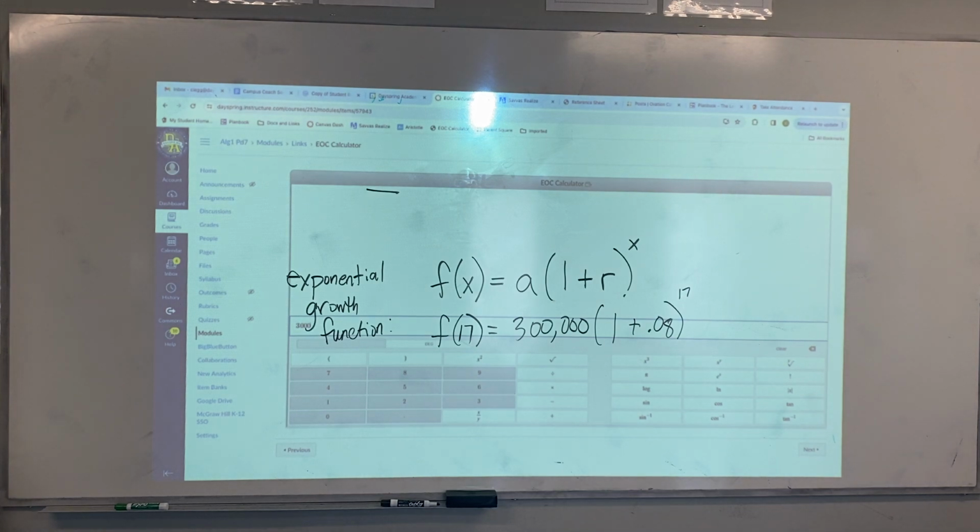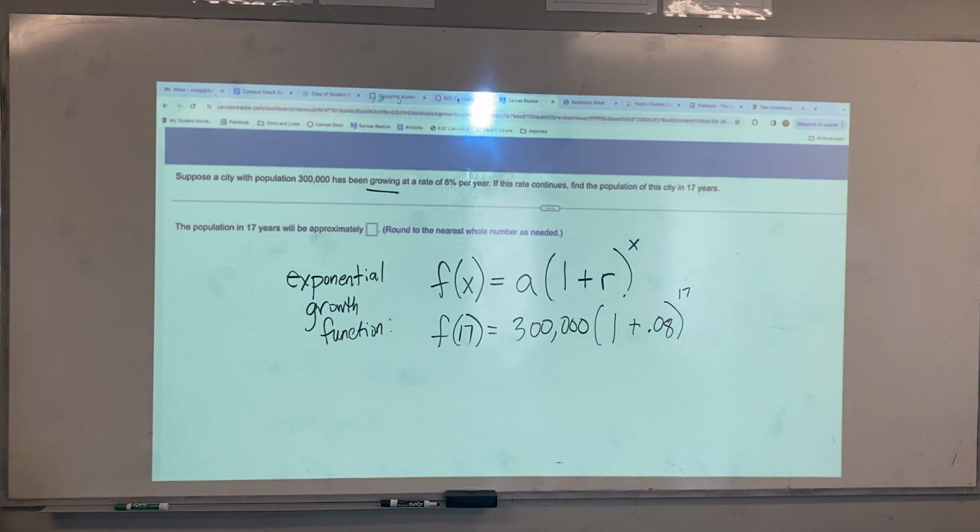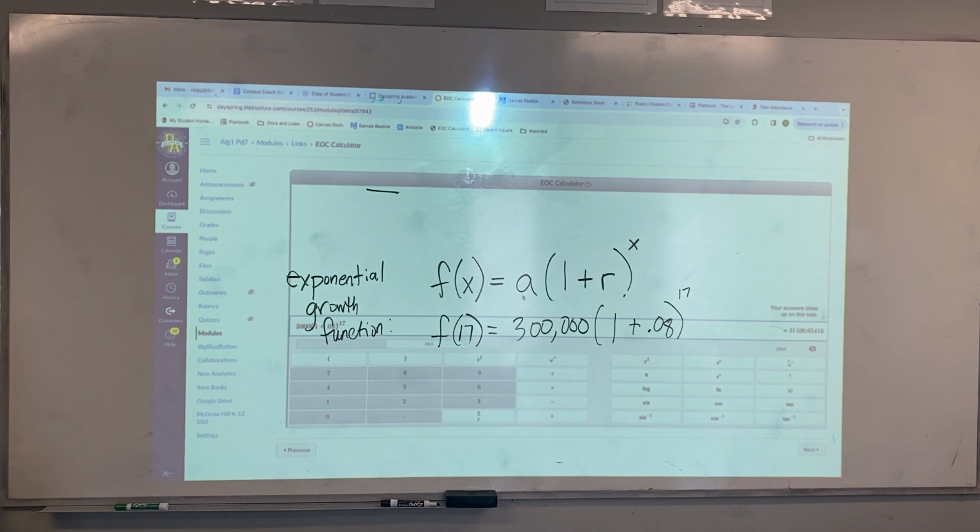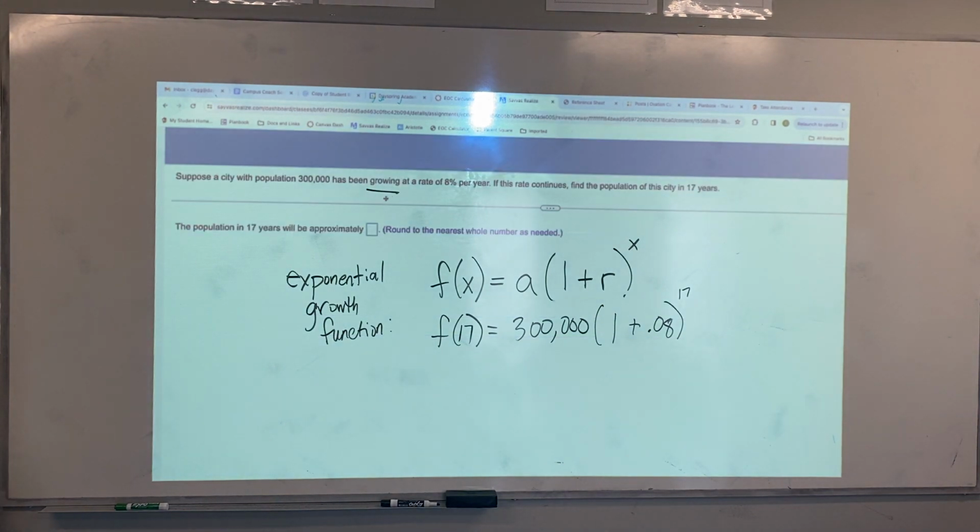it's in the links at the top of your course page. So I'm gonna type in, for me it's 3,000, open parentheses 1 plus 0.08, close parentheses. I'm gonna raise it to the 17th power. You see how easy that is? I don't even have to press enter. It gives me my number right here, 11,100. And it's probably telling me to round to the nearest whole number. So yeah, that would be 11,100 people